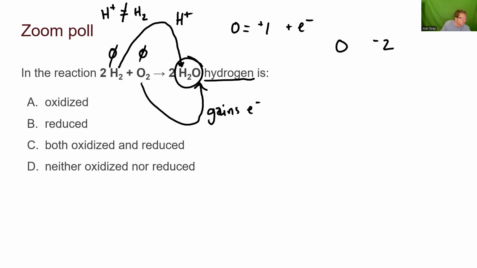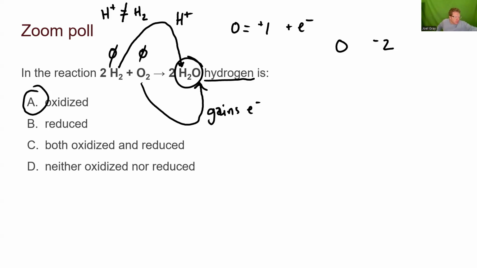And so I got a private message from somebody saying, hey, my actual answer is A, oxidized. If you got A, oxidized for this, you're correct. If this question was about oxygen by comparison, then the answer would be it gets reduced. One thing to keep in mind about oxidation reduction reactions is if one thing gets oxidized, the other thing gets reduced.